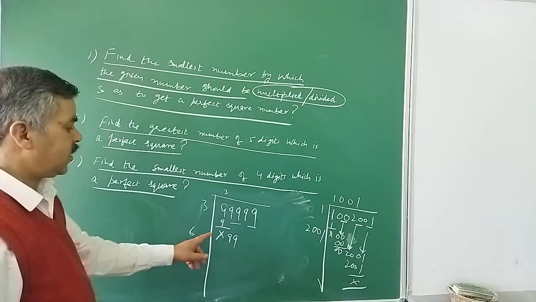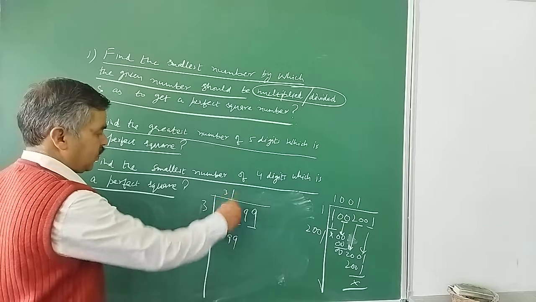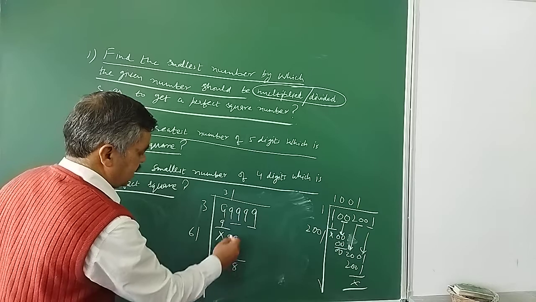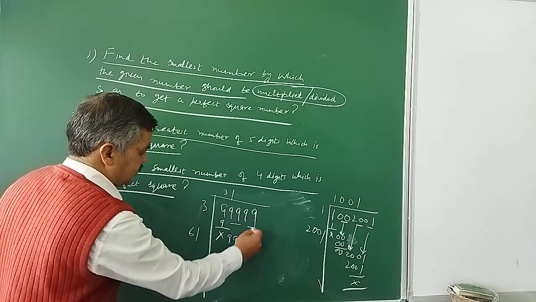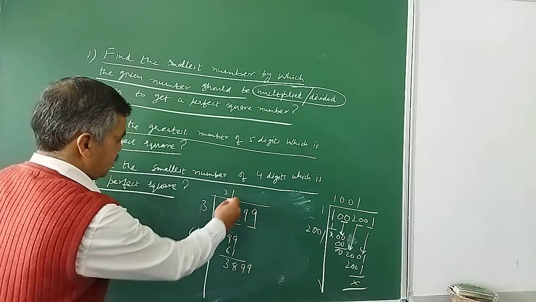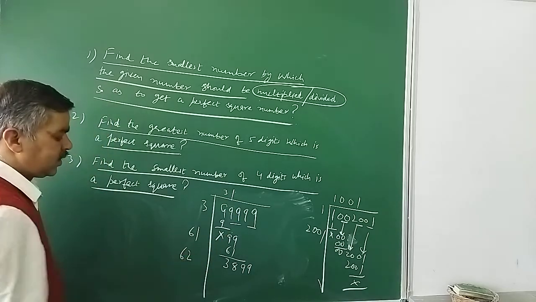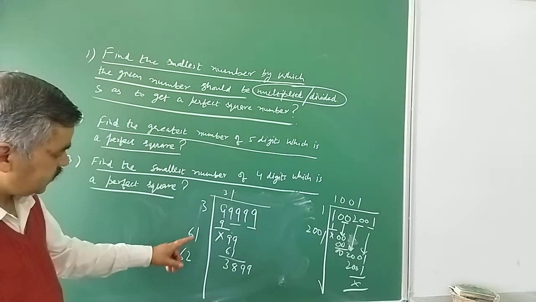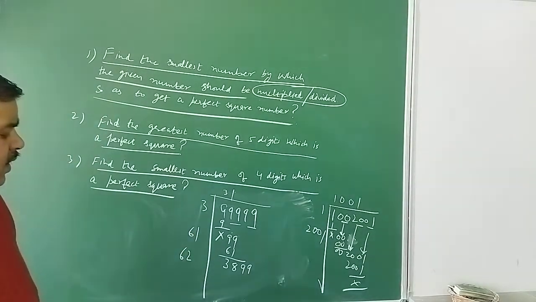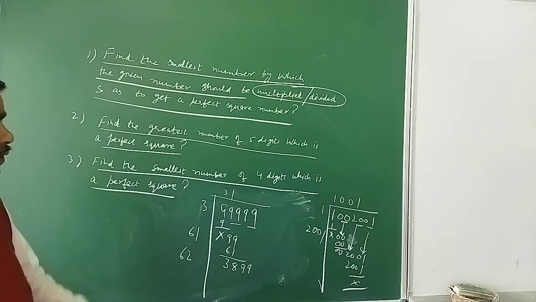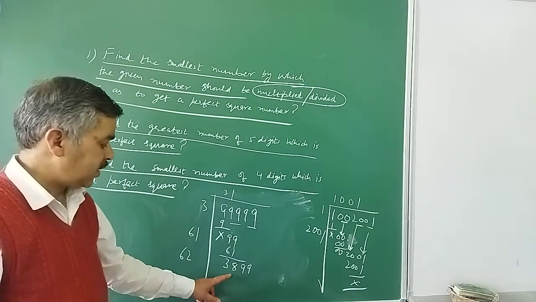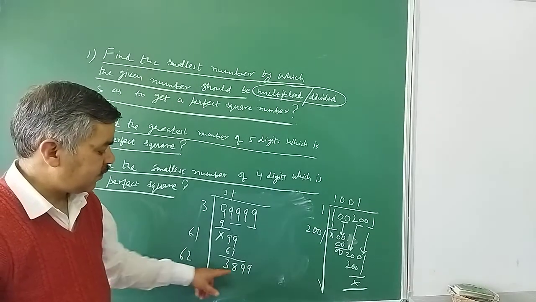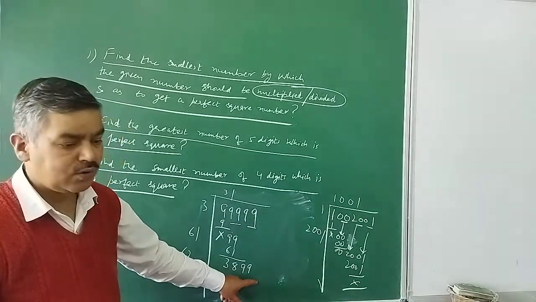If I put 2, it will be greater. So then I have to put 1s are. Suppose it becomes 61. So 9 minus 1 is 8, 9 minus 6 is 3. The next term is of 99. So double of 31, now I will be writing here is 62. Then it is 3899. Usually what we are doing, we are taking the resulting number by putting one number here less than that of this number, always to get the remainder over there.